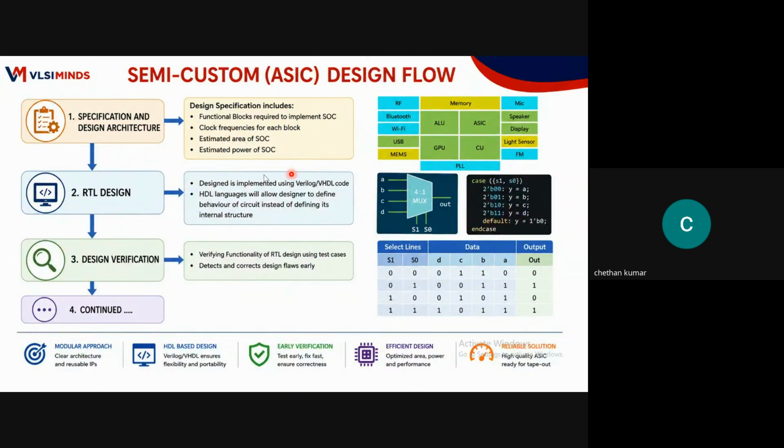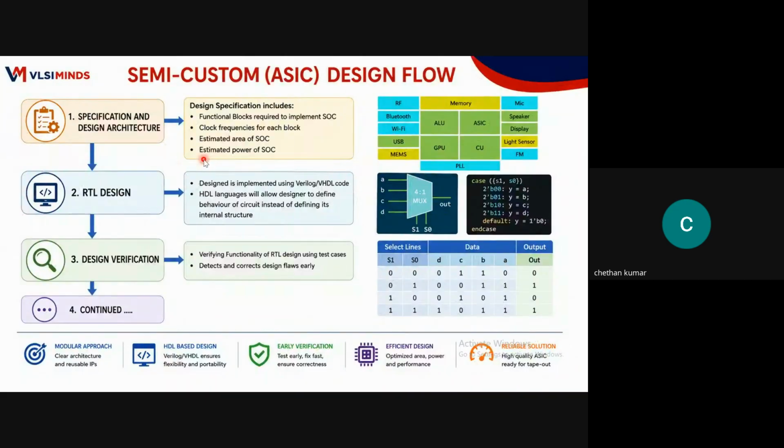communicate? All this will be decided by the design architect, and at what frequency these blocks should work, and what should be the total SOC size, that means the area of this particular SOC, and at what power it should work, either low power or ultra low power. All those specifications will be provided by the design architect. So once that is taken care of at the initial stage, once we get the system architecture diagram for the chip or SoC,